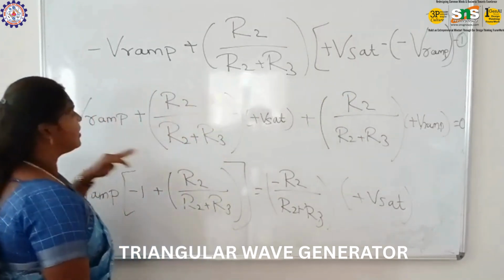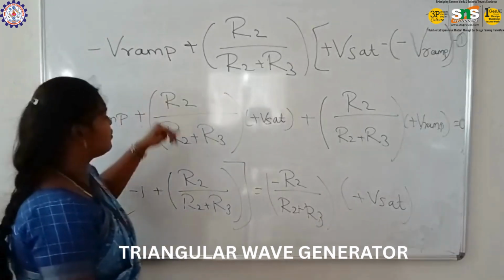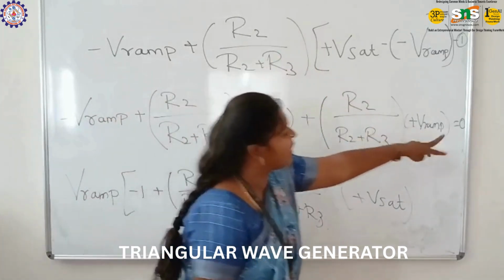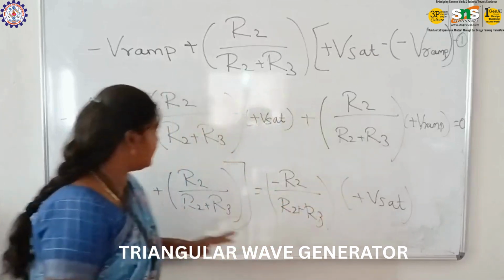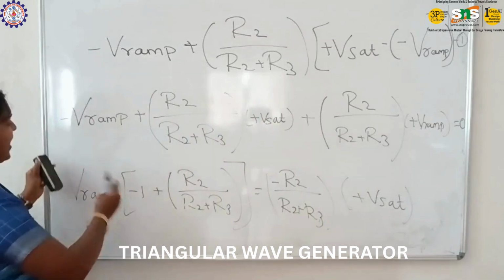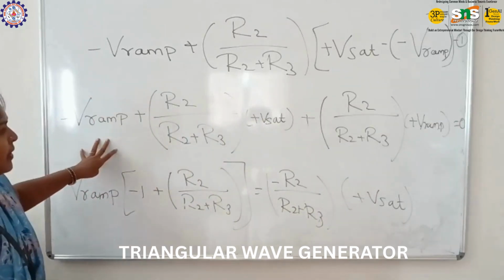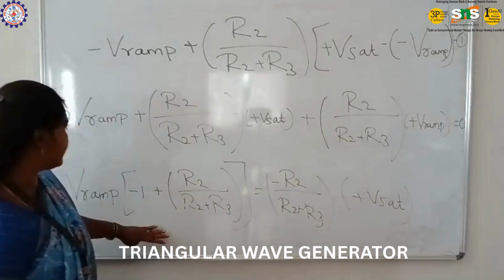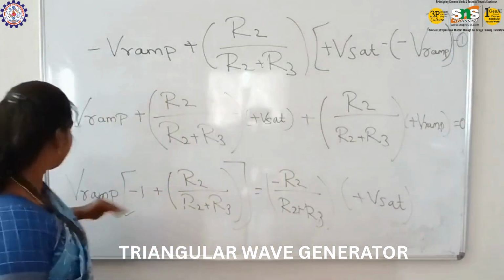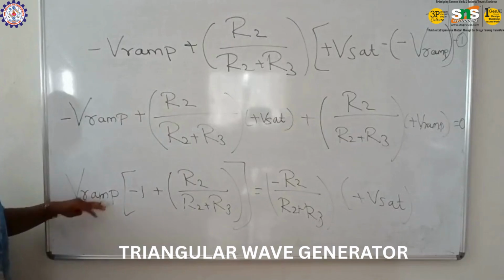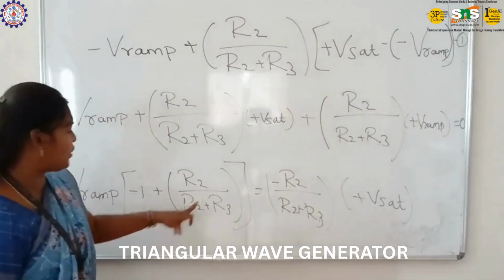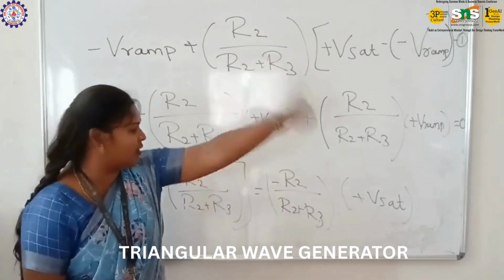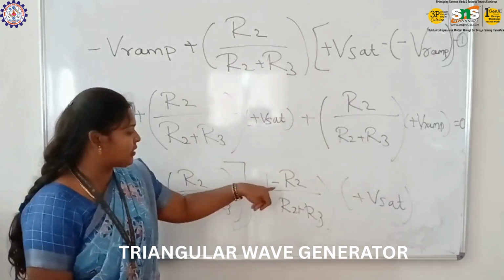So the signal is written as minus Vramp times R2 by R2 plus R3 plus V saturation. Again this signal is equal to 0. Then we change the value, like this. The common term of Vramp is taken, so that Vramp of minus 1 plus R2 by R2 plus R3 is equal to, so this signal is moved to the other side, so it goes to negative,